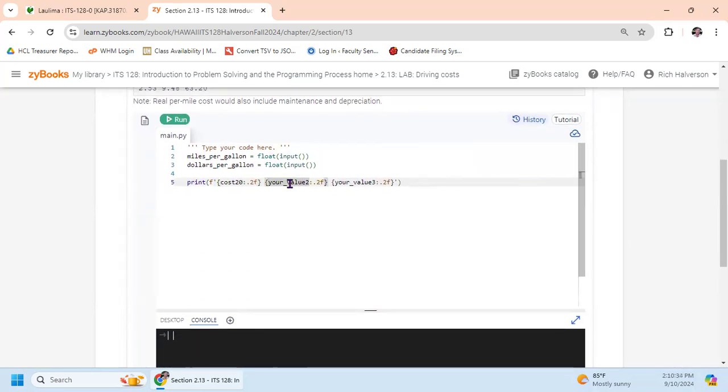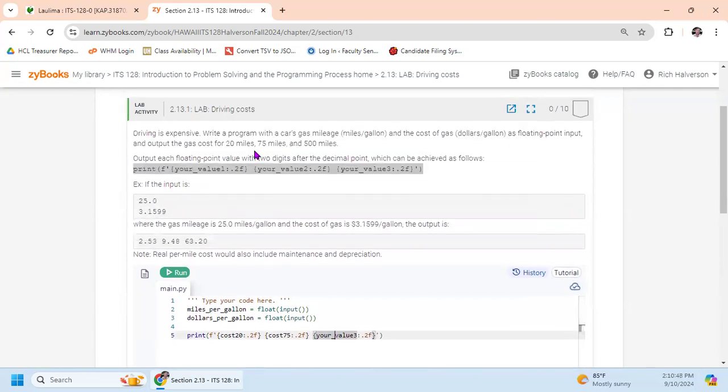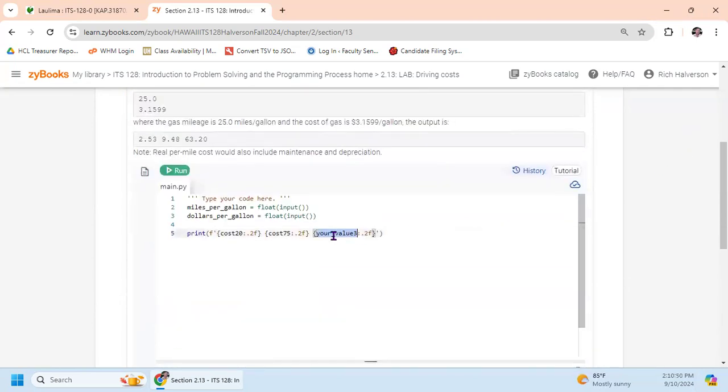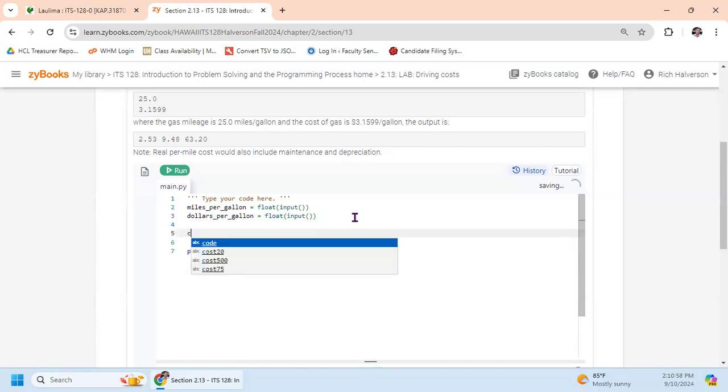Cost 20. I'm going to name this one cost 75. And I'm going to name this one cost 500. And I'm going to say cost 20